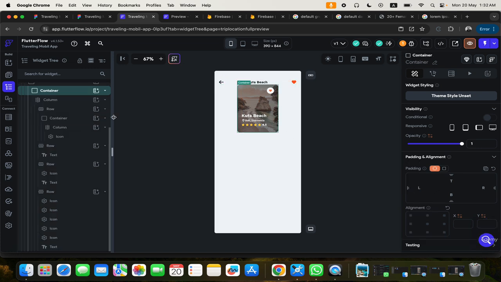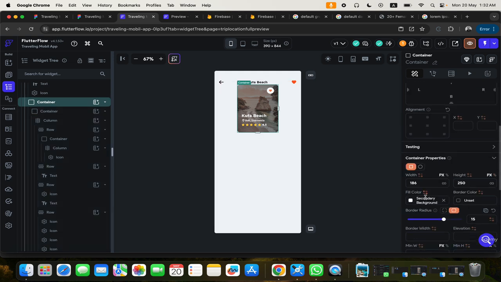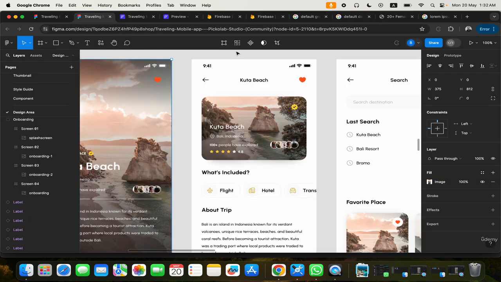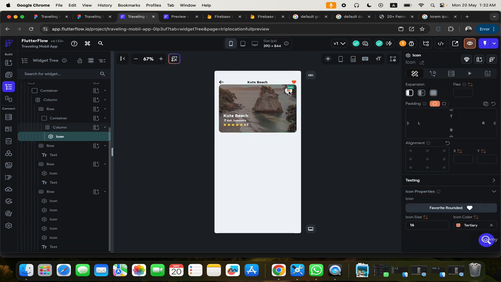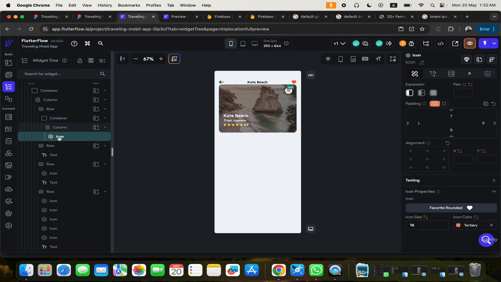Then let's click on this and click on this, and here we will just say maximum width. And the height, here we have this check, so we will click on this. Now we'll click on the X here,